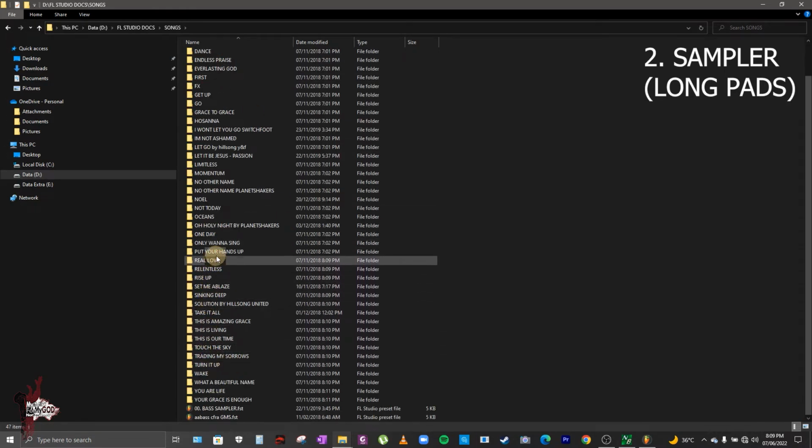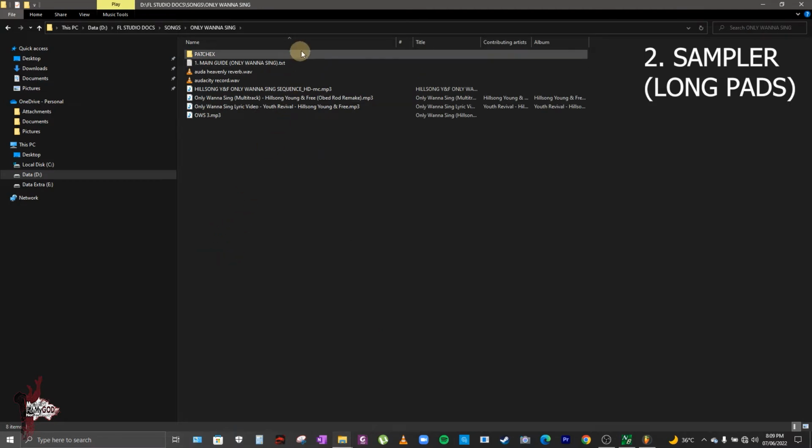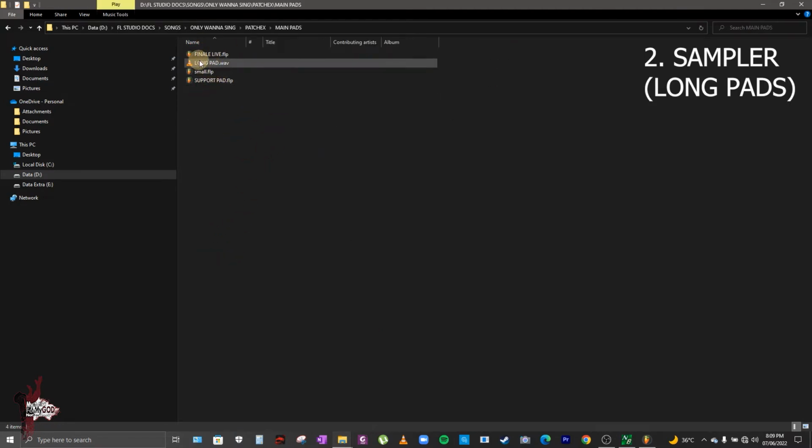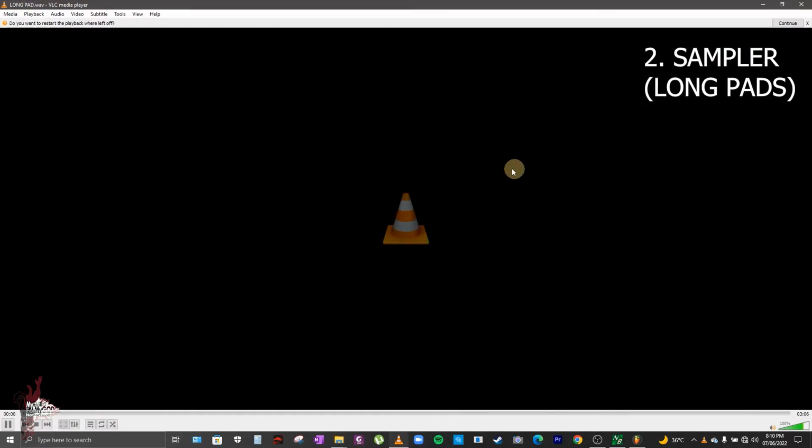I'm going to use this Only Wanna Sing by Hillsong Young and Free, and this is the pad I'm going to use. This pad is music in WAV format. You can also use a format that is in MP3. Let's play it first so that you can hear the sound.